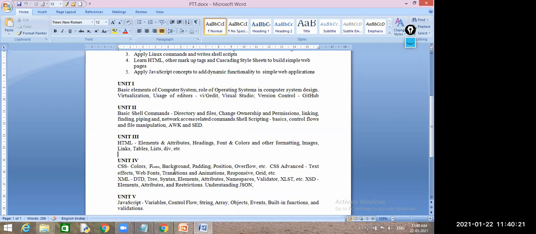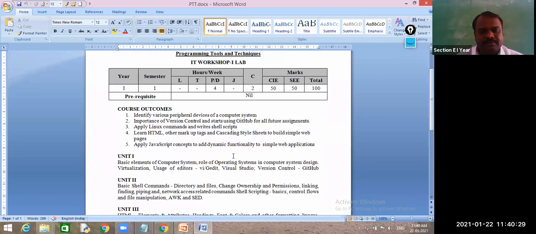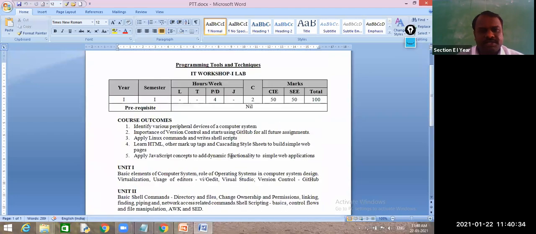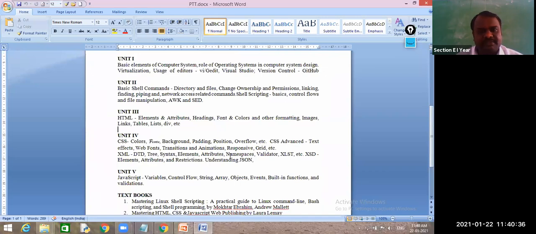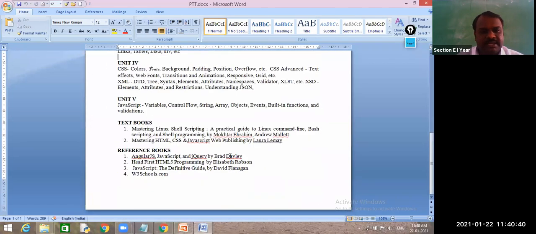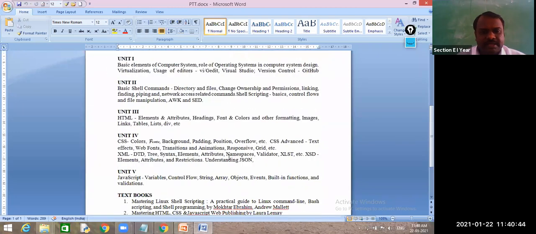Okay. So do you have this copy? Yes, sir. It is already given in Canvas. You can find this in Canvas also. When you open your Canvas, you immediately see the syllabus at the left corner. Everything will be available there. And at the end of the day, we will write one HTML application.